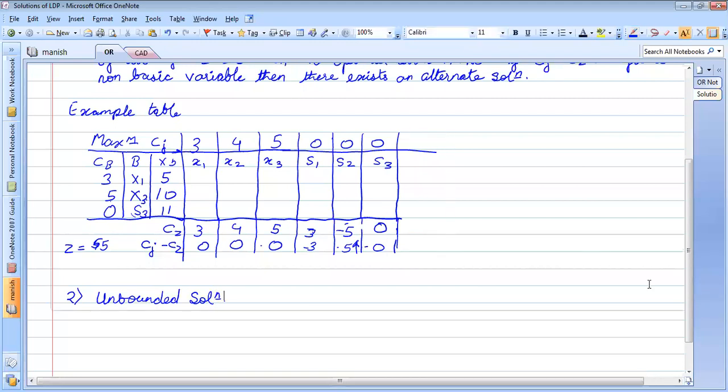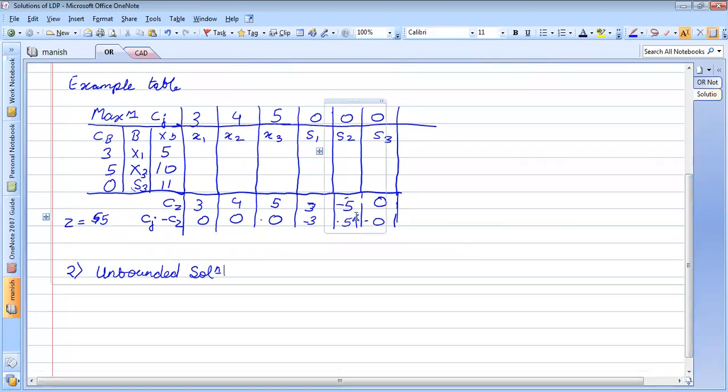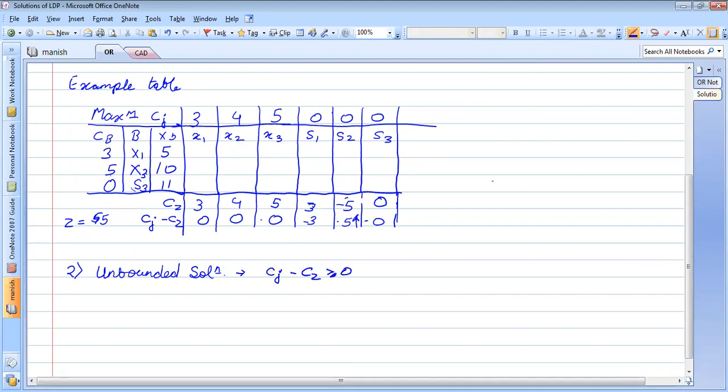In an unbounded solution, what will happen here is, if this value is to be replaced, we have got one value Cj minus Zj as greater than 0.